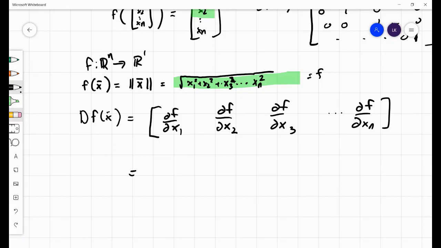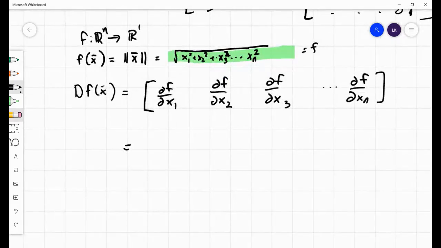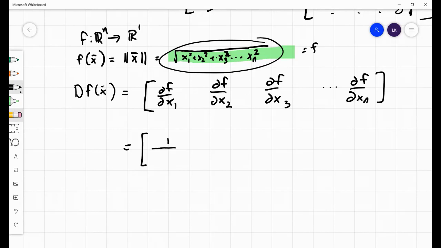And just by the symmetry of the situation, if you know how to differentiate f with respect to just one of the variables, you know how to do it with respect to all of them. So let's differentiate this with respect to x1, the square root of something. We know its derivative is 1/2, and then in the denominator,